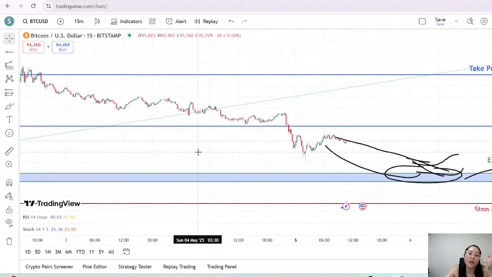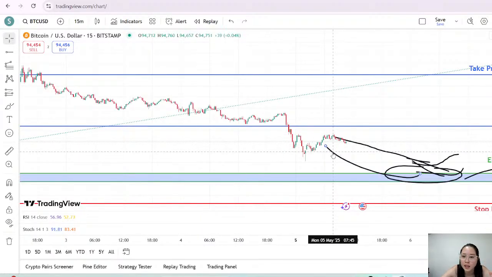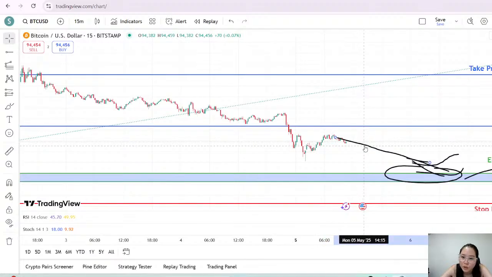There are 3 that I always look at: XAUUSD, Ethereum, and BTC. These are the 3 charts that I have Elliott wave charted on. I use Elliott wave to chart. I live on Elliott wave. Elliott wave has helped me pass so many tests. I have made so much profit from Elliott wave.